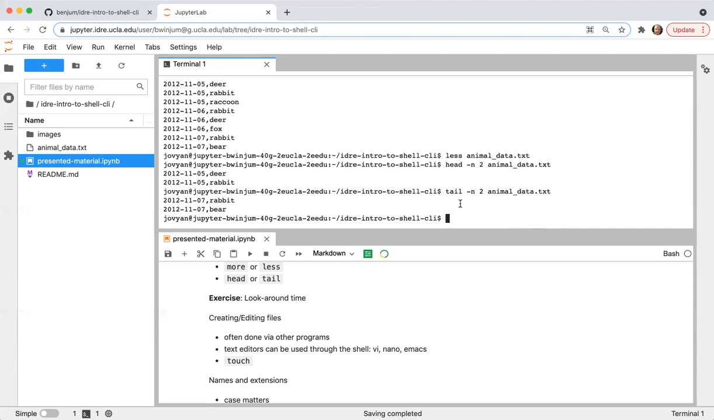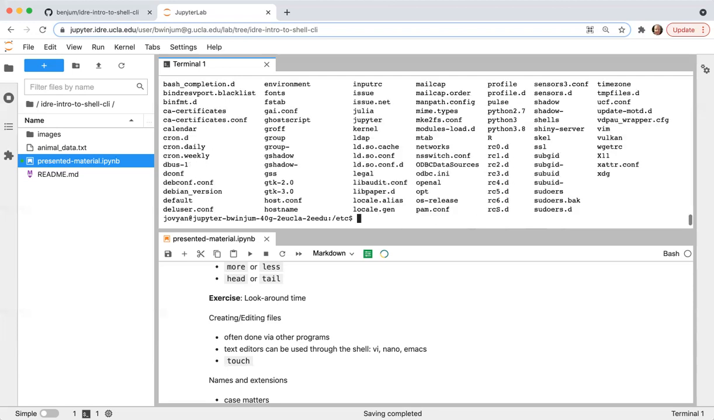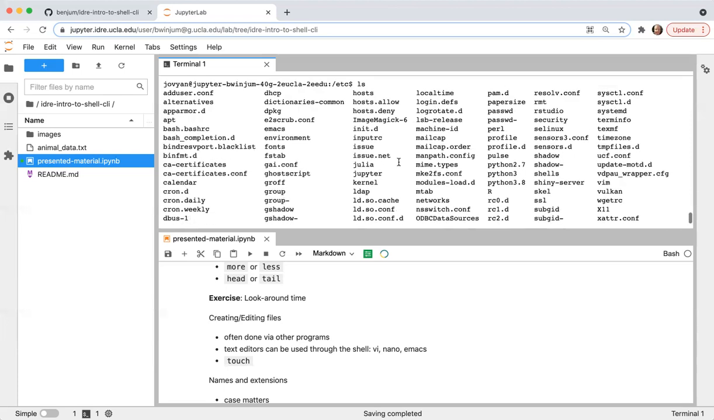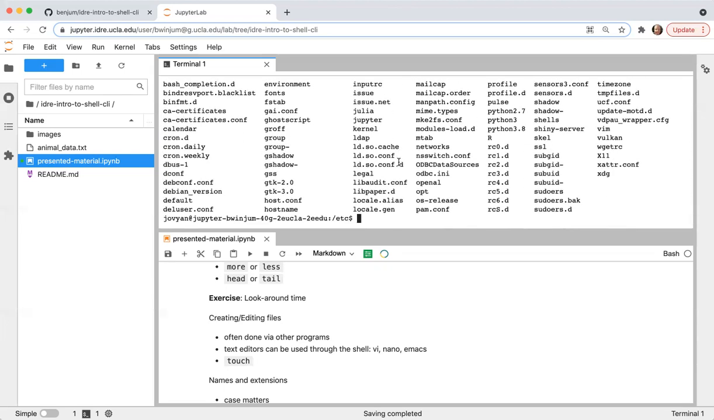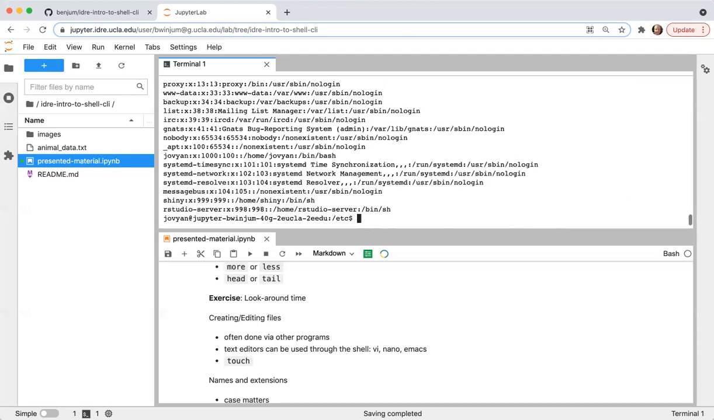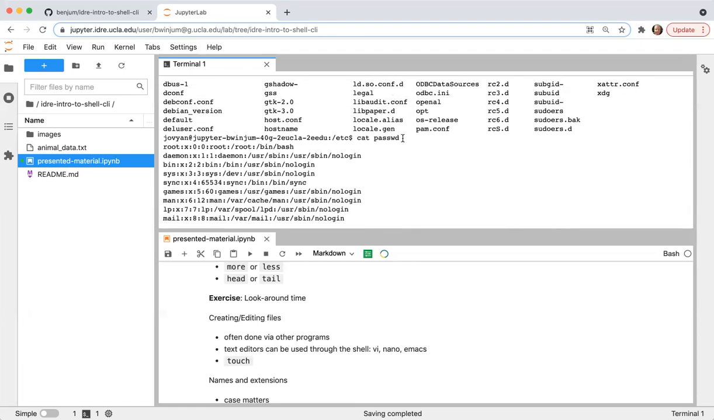So say that I want to look at the different users which are on the system. I can change directory into, say, the etc directory. This directory is inside of the group directory. I can list the contents with ls. So now there are much more contents in this folder. And I can use cat, say, to print the contents of this file called passwd,